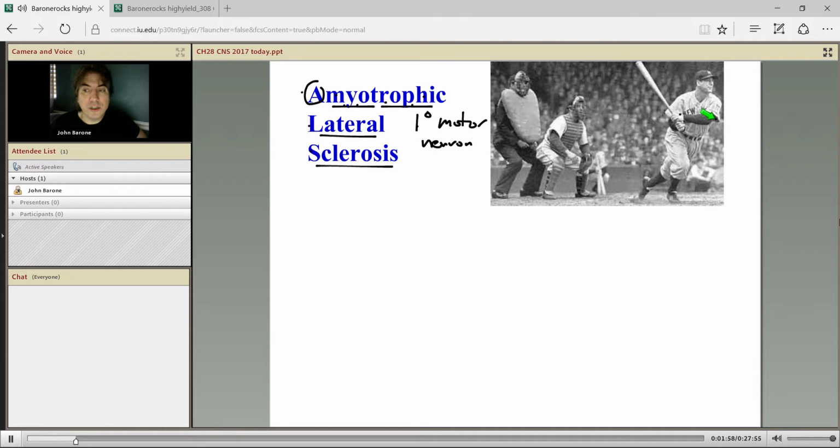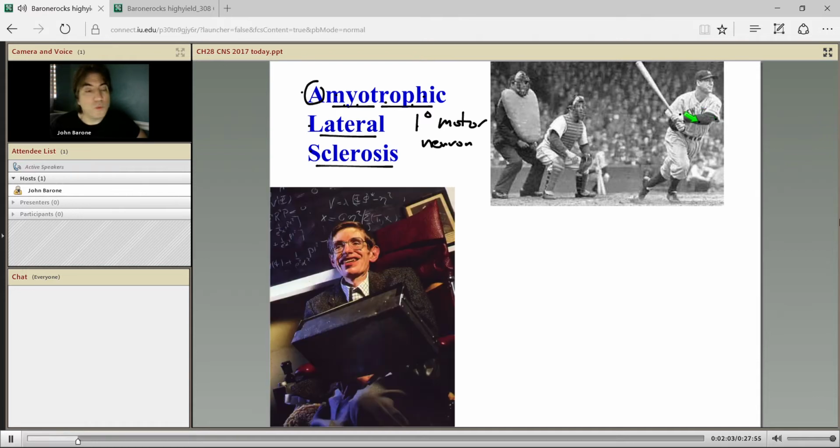All right, now in addition to Lou Gehrig, by the way, he was dropping his bat. He was still trying to score, but he started getting all this weakness, and then he had to retire because he couldn't play anymore. Another one is the physicist in England, the one with the theories on black holes, Stephen Hawking. He's had it for like 15 years. And did you see the ice bucket challenge? He's like, I can't do it because I'll get pneumonia and I'll die, because that's the most common cause of death. So I'll have my children do it for me. And his kids did it, and they poured on. It was crazy.